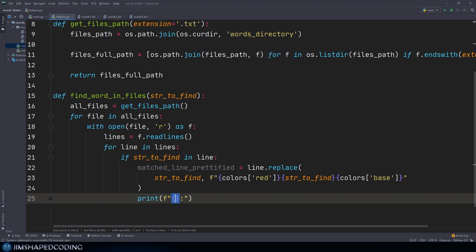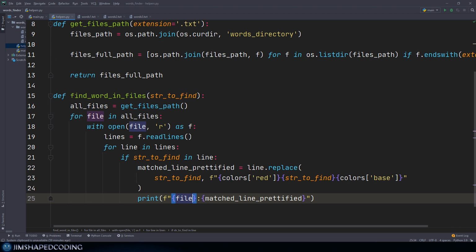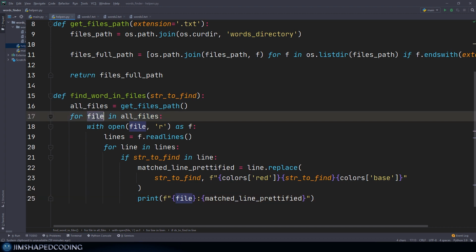So first, in the right side, I'm going to leave the matched_line_prettified, but in the left side, in order to also display in which file we found the match, I am going to say here file, right? The reason that I can say file is because this is the iterated value